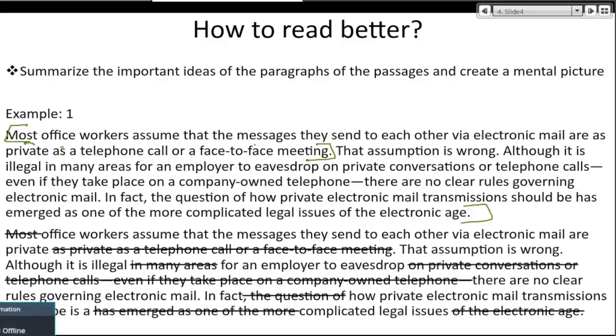So the privacy part is very important. And the workers assume that the message they send via what? Electronic mail are private. So messages via electronic mail are private. This has been assumed by the workers. The assumption is wrong. So one assumption is wrong as per the passage. Although it is illegal in many areas for an employer to eavesdrop on private conversation, even if they take place on a company, there are no clear rules governing electronic mail. So there is an assumption that the conversation is safe, this assumption is wrong because there are no clear rules